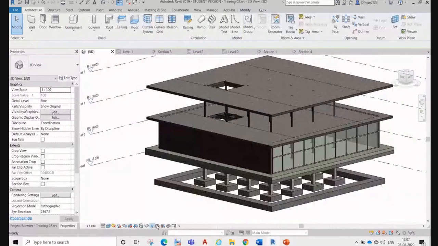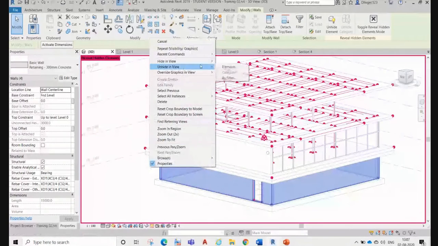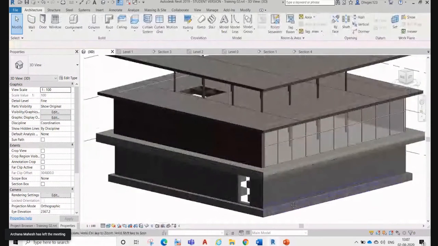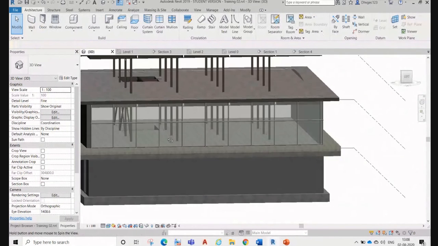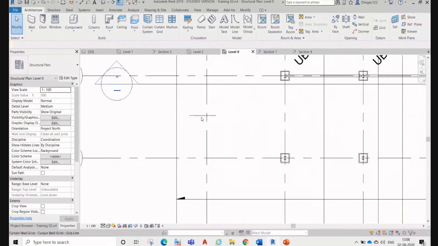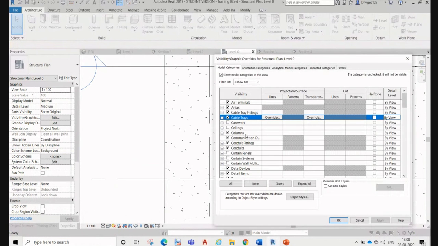Now we'll go here, select this and just say unhide element. So now we have put a wall. Now it's a closed box. We cannot go in, we cannot go out. Here also we cannot see the curtain wall, so we have to turn on the curtain wall.